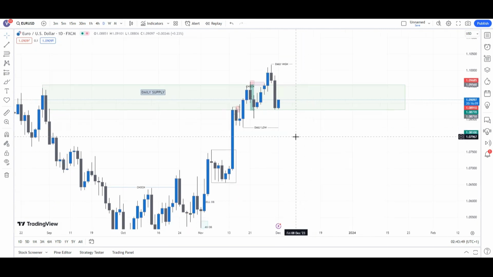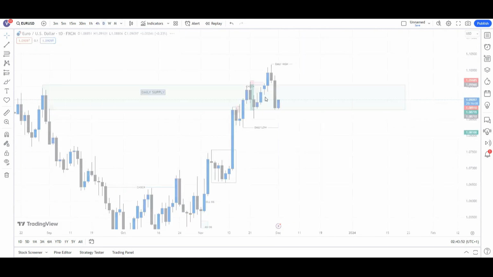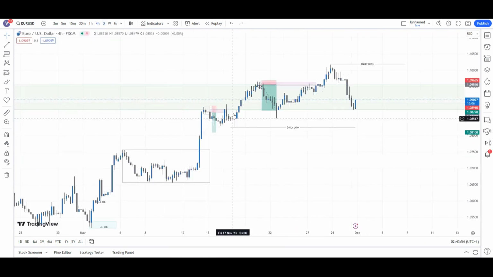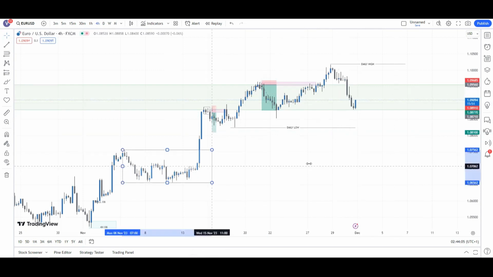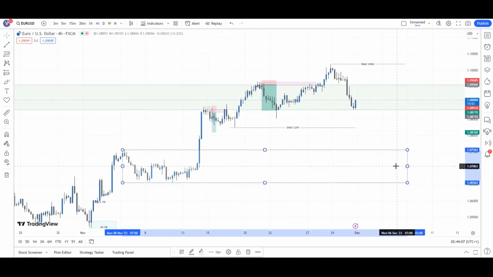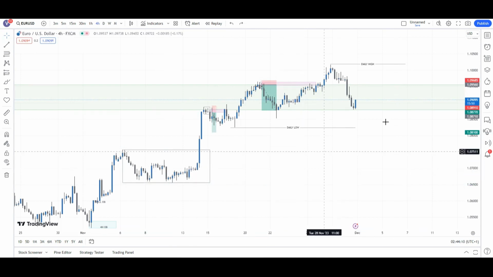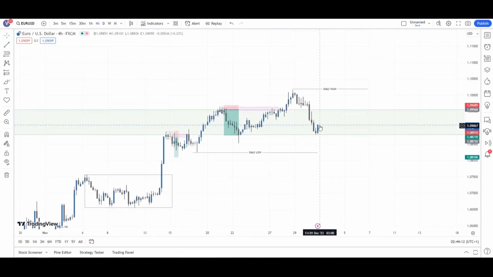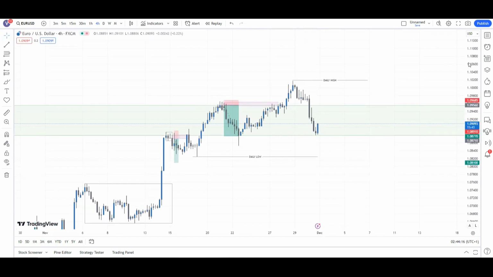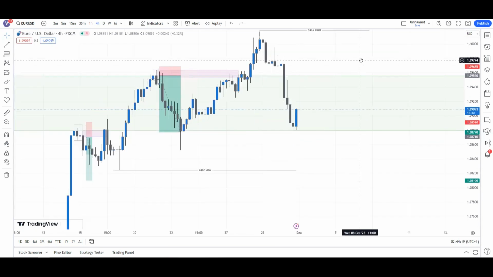All right, so in all honesty, let's go down to the 4 hours. I see it's taking buy side liquidity around here. So now we're heading for the sell side liquidity. So I want to see price deliver to around this region, anywhere around here. For now, we don't just jump into selling right now, else we'll be risking so much. So at this point, personally, I want to see price also